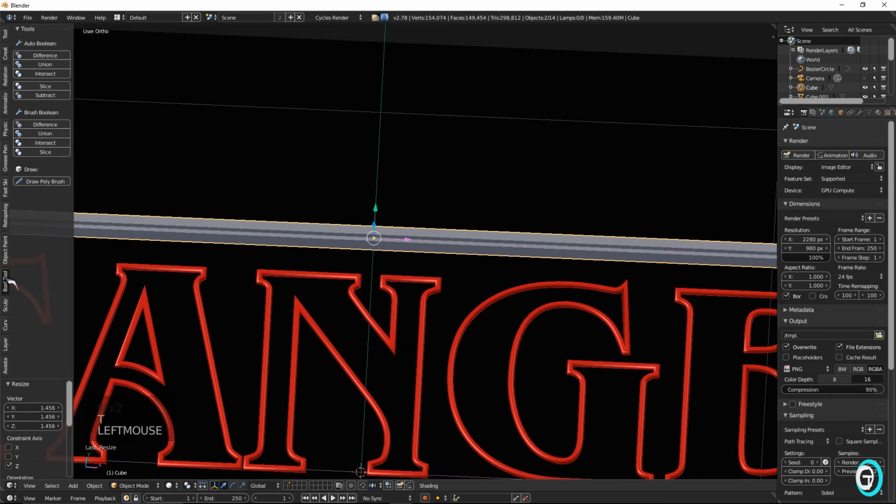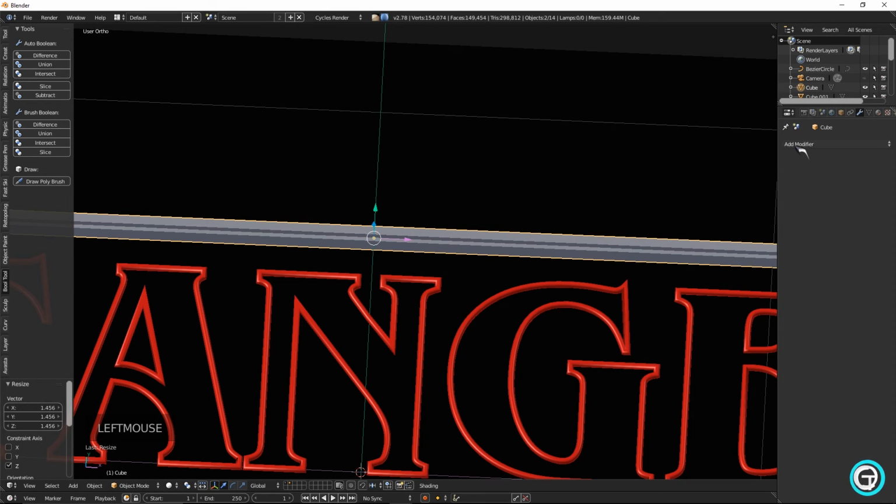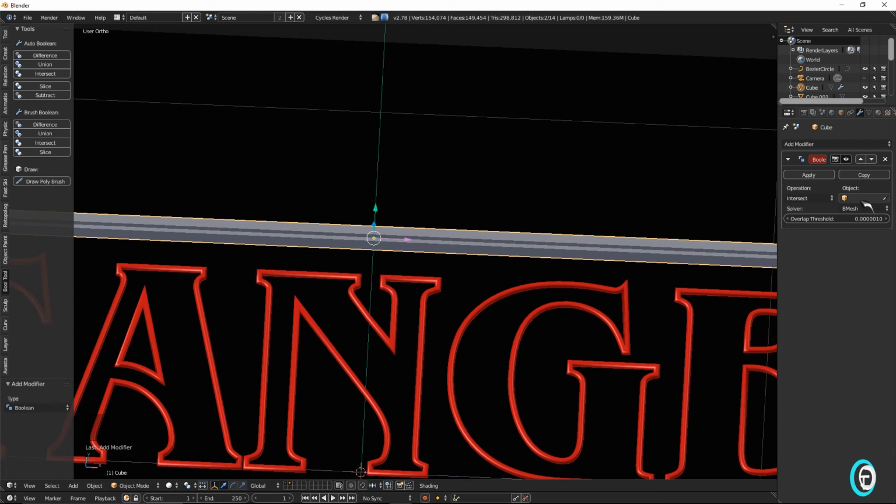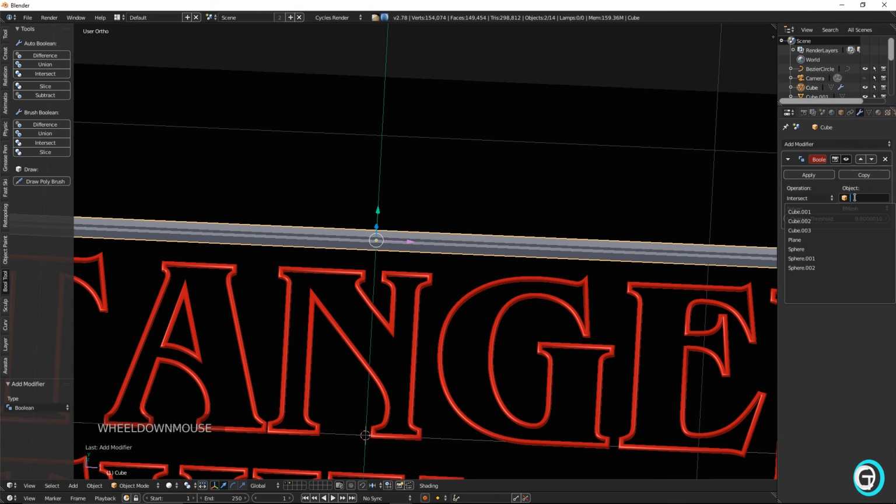So if you Google Bool tool, you'll find it, and it just makes things easier. But since I know most people aren't going to have the Bool tool, we could just come to the modifier panel, go to modifier, and click on Boolean, and we are going to make this, I think it is intersect,